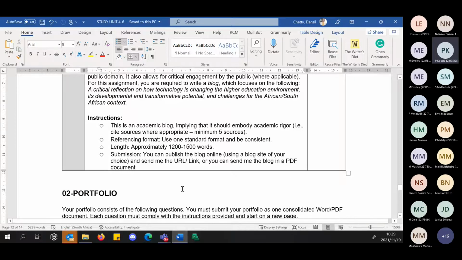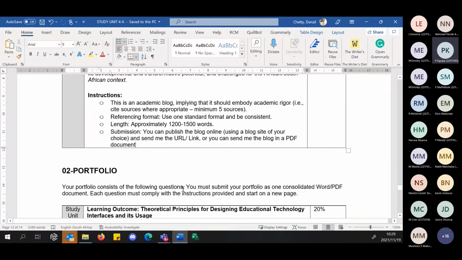But I must say that the first round of work, colleagues, some of you have produced excellent work, and you should actually commend yourself for that, for being creative and innovative, critical and innovative at the same time, or creative and critical at the same time. So well done for some of you.